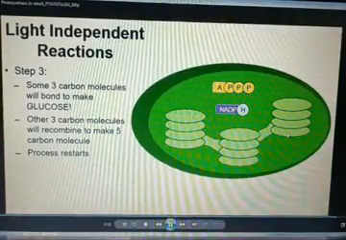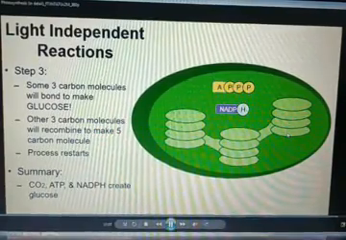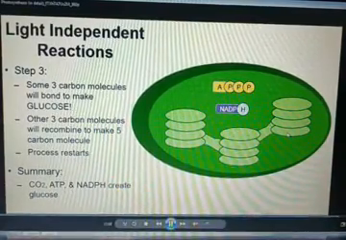So let us summarize the light-independent reaction. Carbon dioxide, ADP, and NADPH are created in light-independent